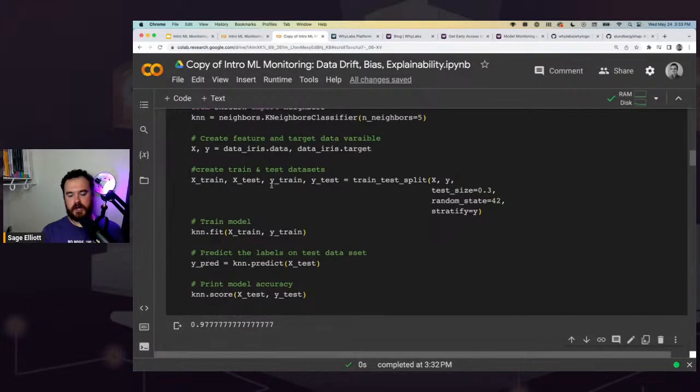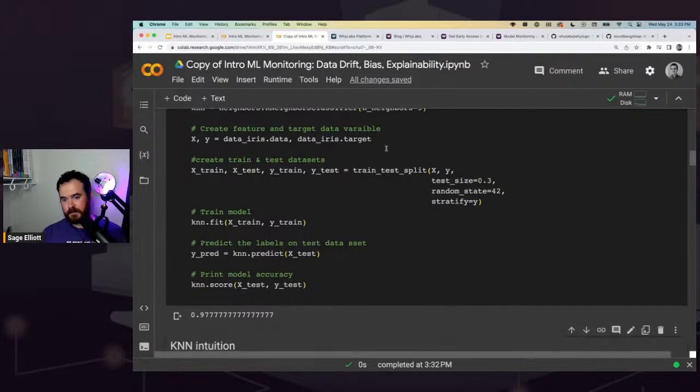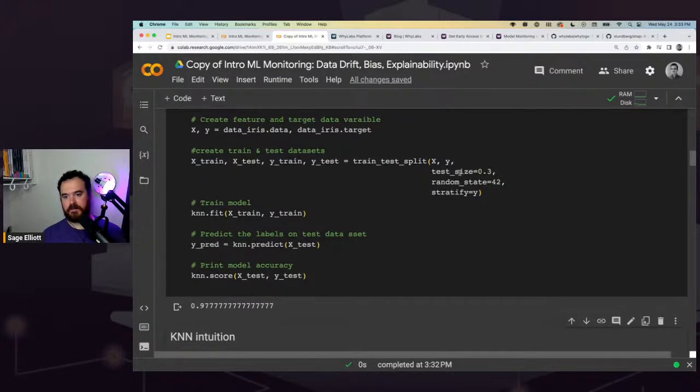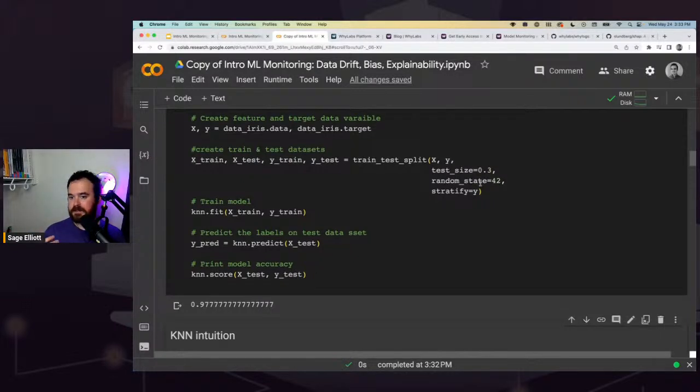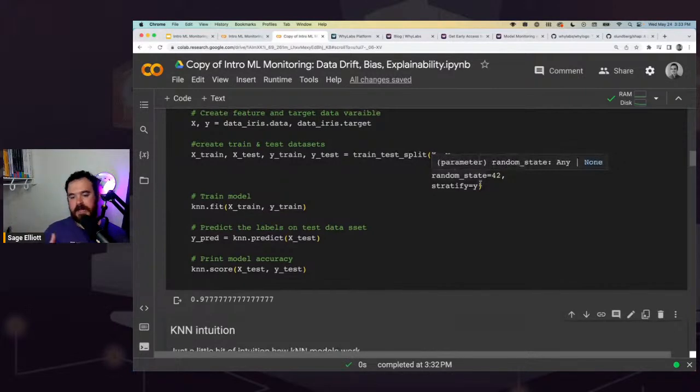And then we're going to do train_test_split. It's common to split up your data as you're training a model, so you have part of it for learning, and part of it to validate how your model works on data it's never seen before, even though it's probably similar distribution-wise. So here we have our X_train, X_test, Y_train, Y_test, and we're splitting on those values that we created above. We're going to save about 30% of the data for testing, so we're going to learn from 70% of the data, then look at the remaining 30% to see how our model performed. Random state just shuffles the data in a certain way, but we could always see how it's shuffled by providing the seed again.